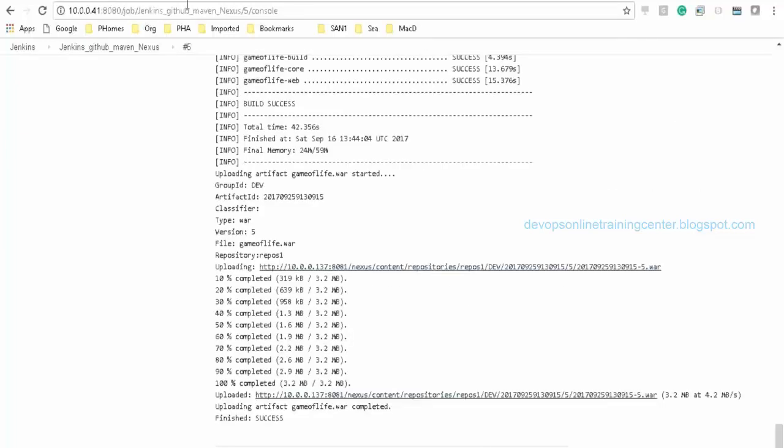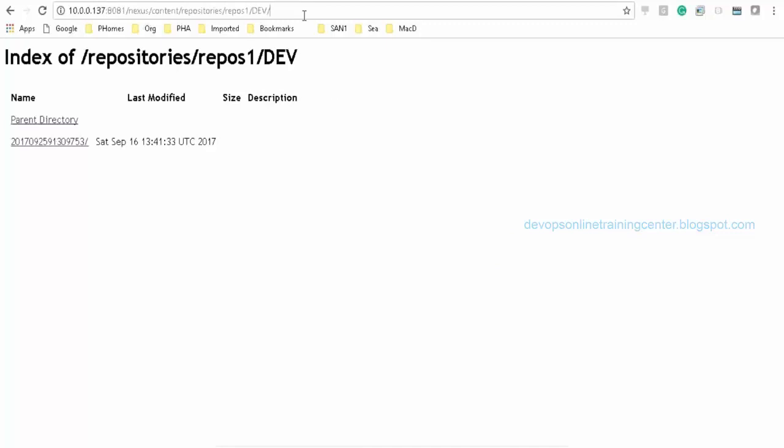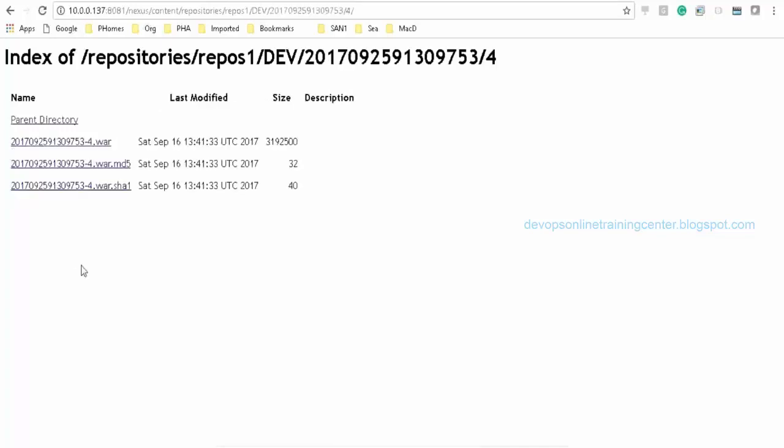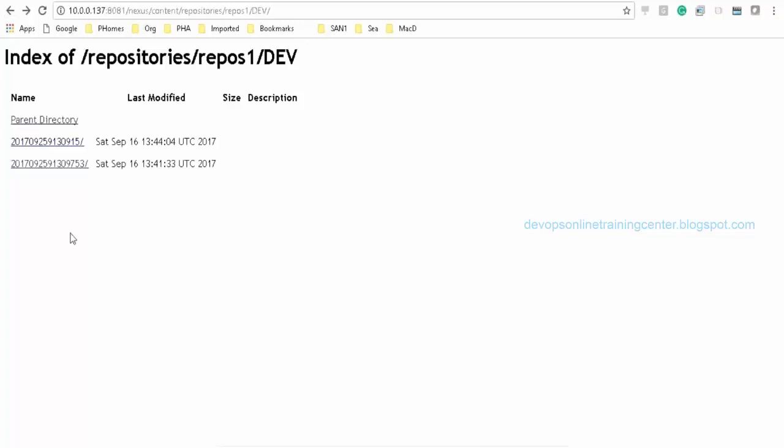Okay, it is successful. So let me just refresh the page. See, there is a new directory created. Okay, then if you go inside that, inside this, again there is the var file which is generated. So like this, with every build, there will be a new directory created, and under that it will push all the binaries. So this provision is not available in NFS server or in any other such thing, right? So anybody can get this link and download this.